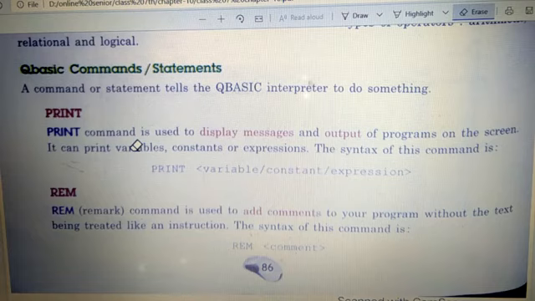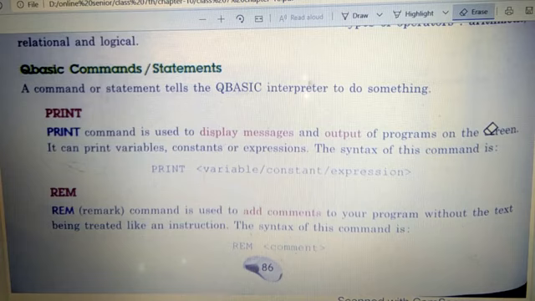Print means to display some message. The PRINT command is used to display messages and output of programs on the screen. For example, I make a program a plus b is equal to c and I say print c. It will add a plus b and print the value of c.